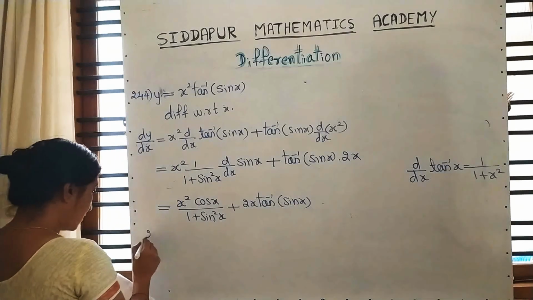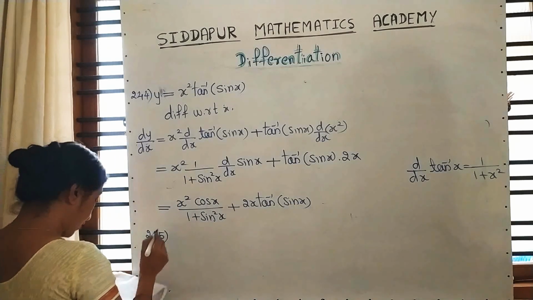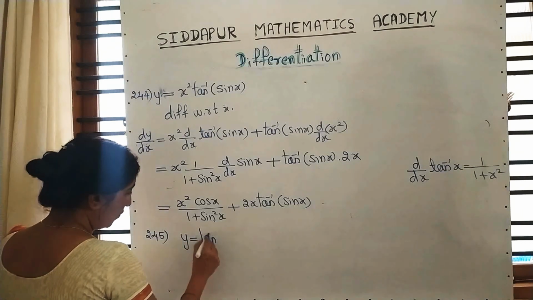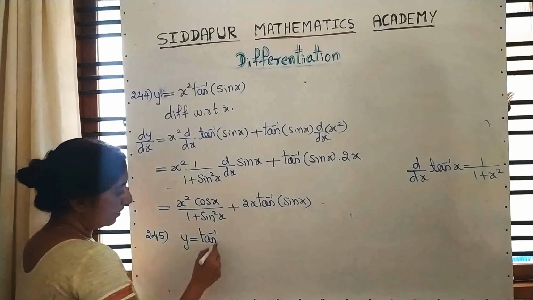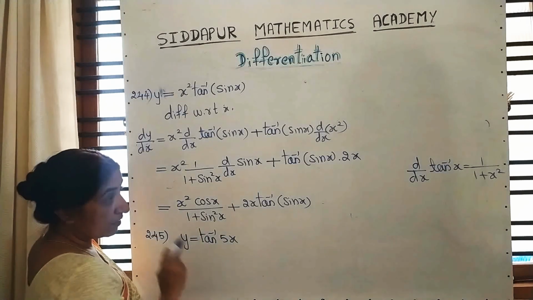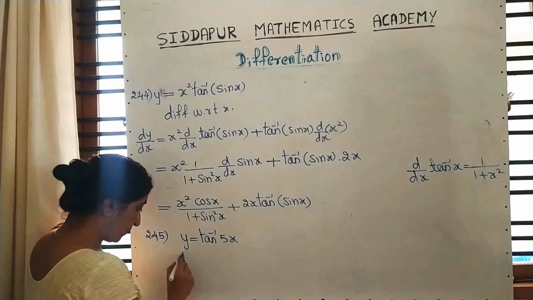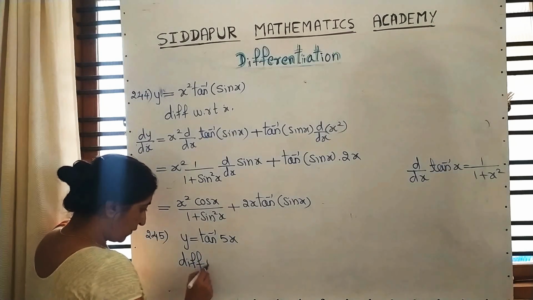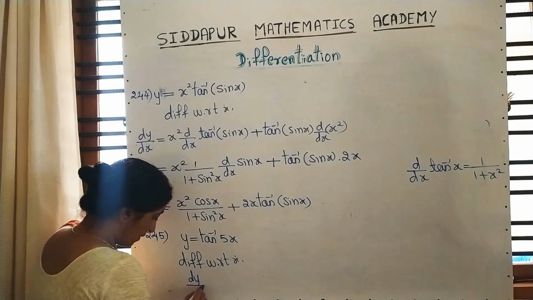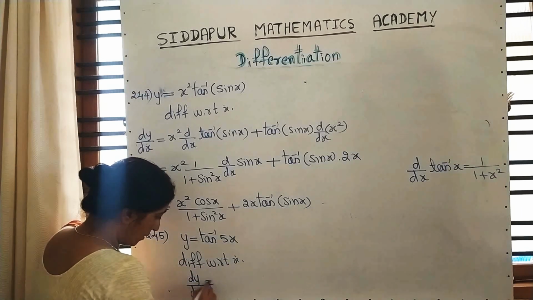Correct. Question number 245. y is equal to tan inverse 5x. Yes, instead of x what we have? 5x. Differentiating with respect to x. dy upon dx is equal to